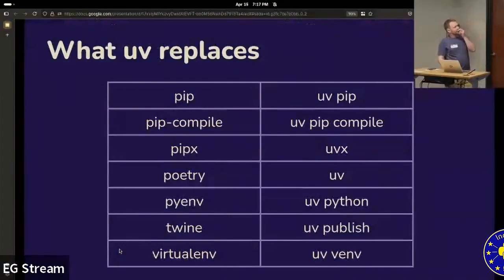They started by making a pip subcommand, which seems like a really smart idea, because then you can easily just migrate over. But yeah, pip compile from pip tools is there. UVX is the equivalent of pipx. Like a poetry add would be the same as a UV add, and they both operate off of a pyproject.toml,